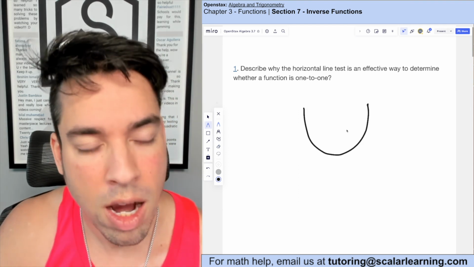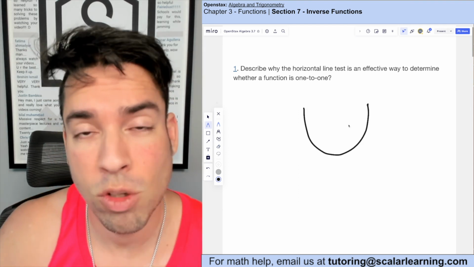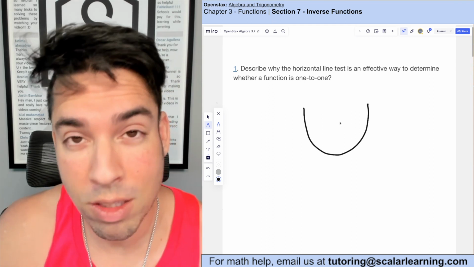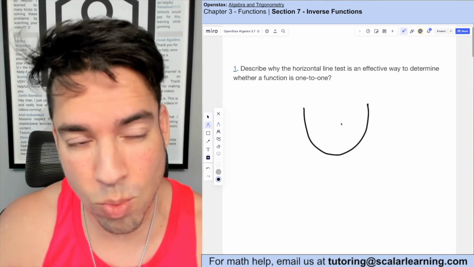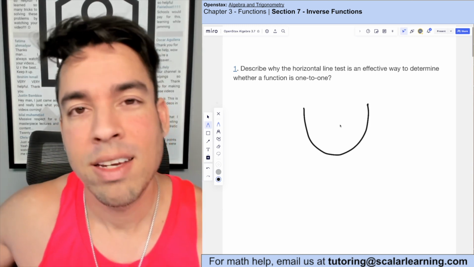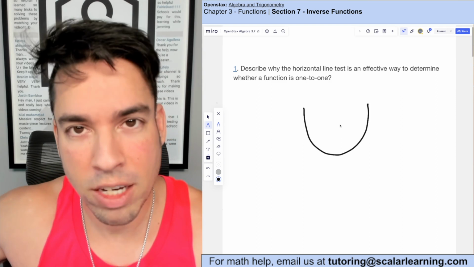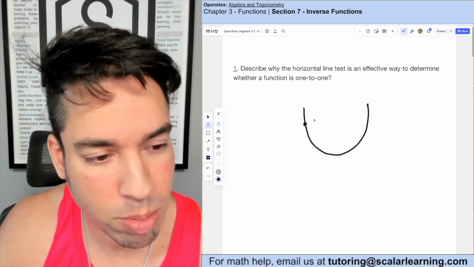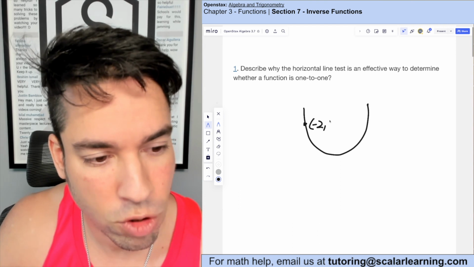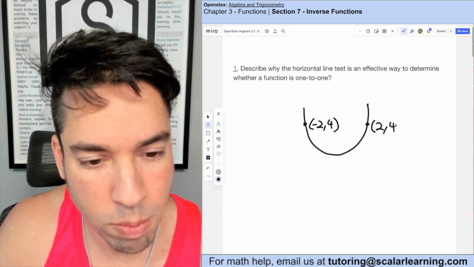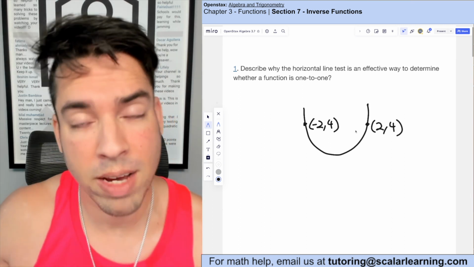So let's look at a hyperbola, for example. Now we ask the question: how do we determine whether this is one-to-one, perhaps by applying the horizontal line test? What is one-to-one? It means that there's only a unique input-output relationship. For example, this is not the case because, let's say this point is (-2, 4). We'd also have a point over here that might be (2, 4), but now that output value is